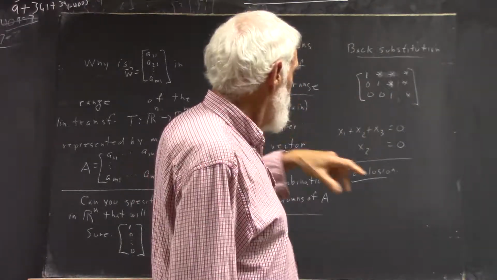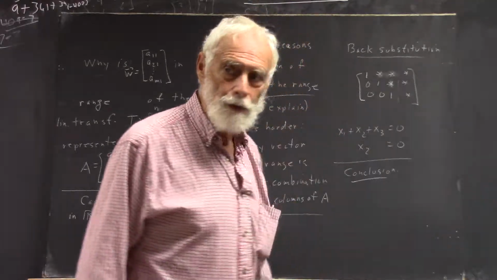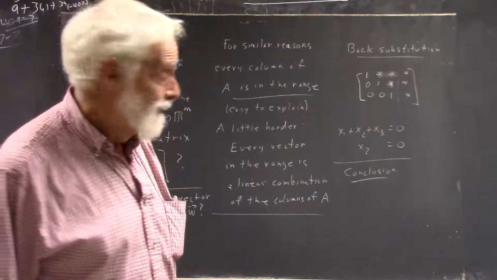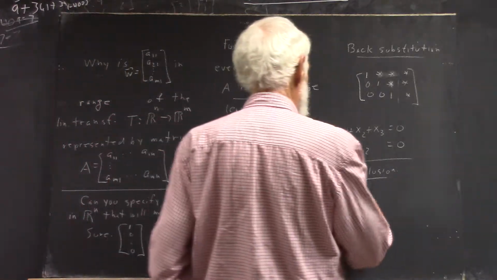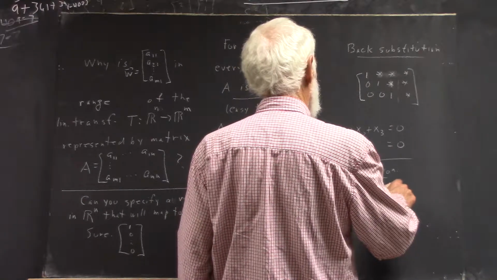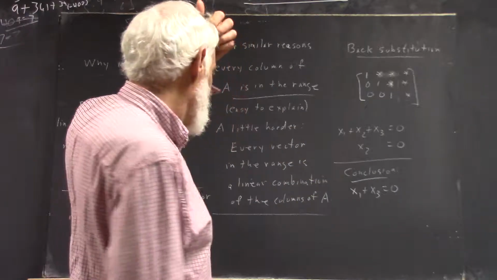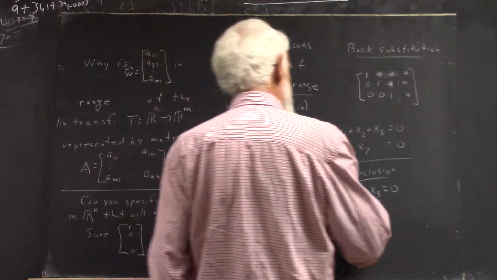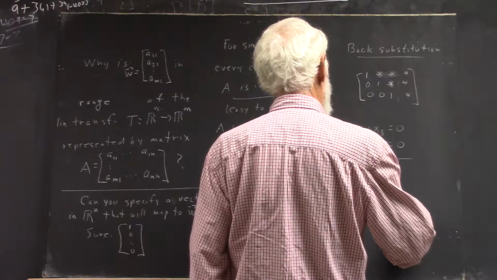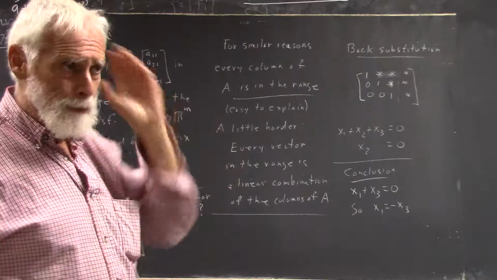Okay. Now then they give you, your book has the equation that looks like this. What in the world are you going to do with that? Well, x2 equals 0, so x1 and x3 are inverse of each other. Conclusion, x1 plus x3 equals 0. Okay? So x1 equals negative x3. Well, your book says, okay,